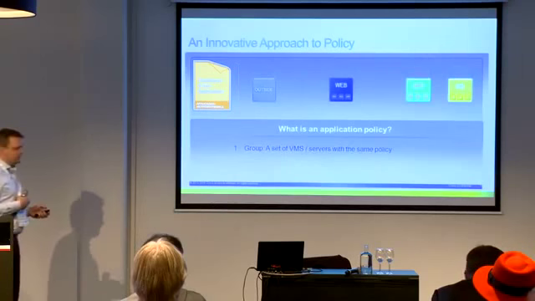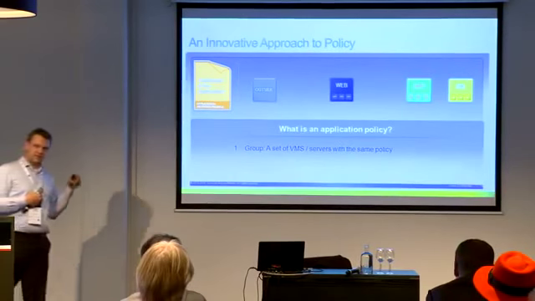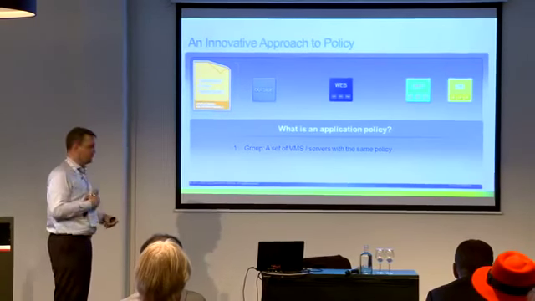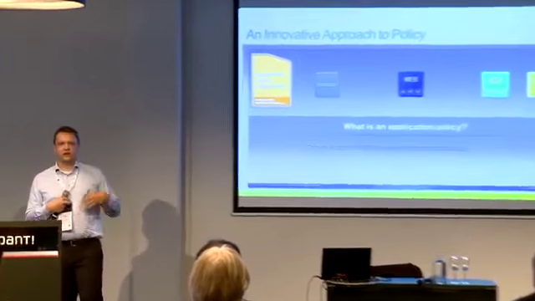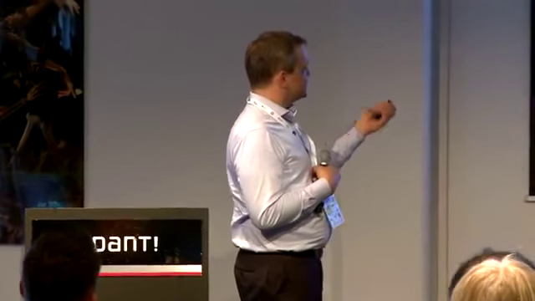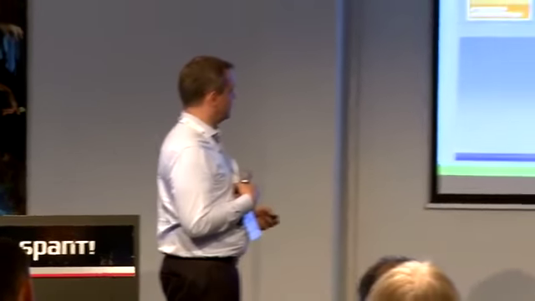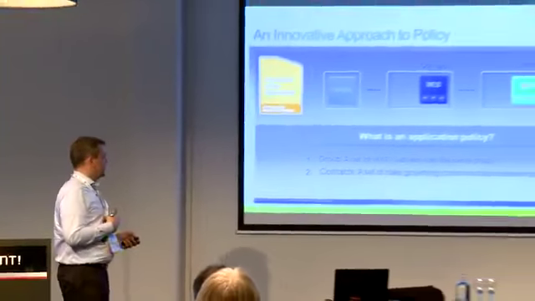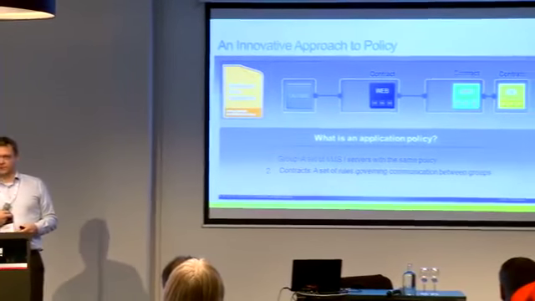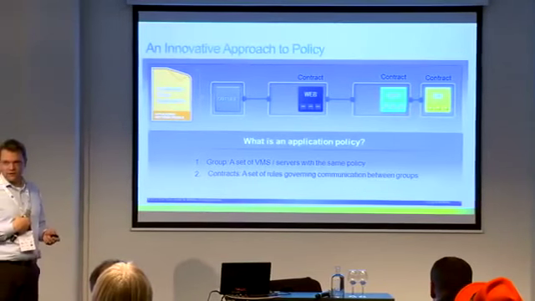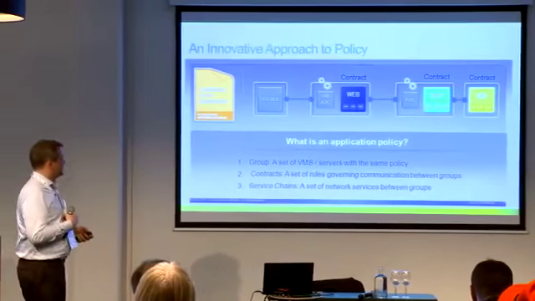Now, we did the same thing with this as we did with the UCS service profiles. We actually put this into what we call an application profile or an application policy. In this case, there's a three-tier application, and I've got a web, an application data server, and a database server. Now, what I want to do is make contracts between them. What are these allowed to send and receive? And I put these in between.